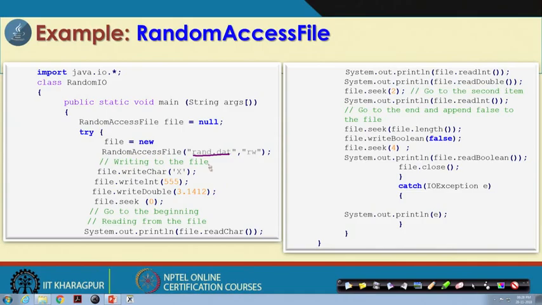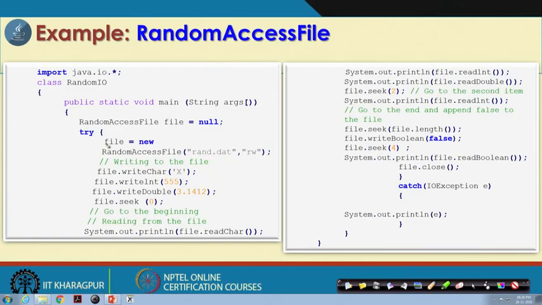It is not necessary that this file should be created using the random access file concept. Even if the file is created using your editor like Notepad++ or anything else, it is fine. Even this file can be an image file or a video file. Absolutely this is not the issue. Anyway, we assume that a file already exists, and let us give the name of the file as ran.dat.